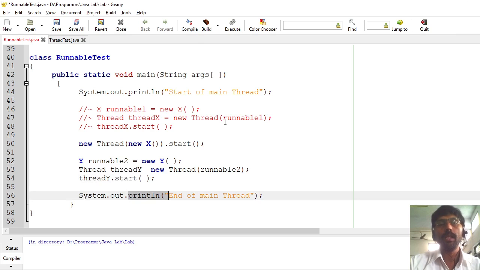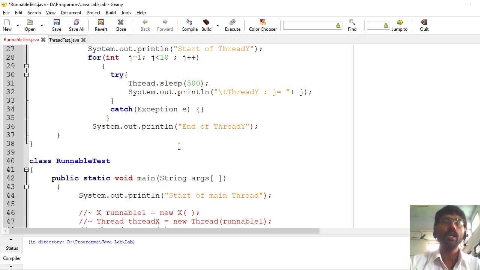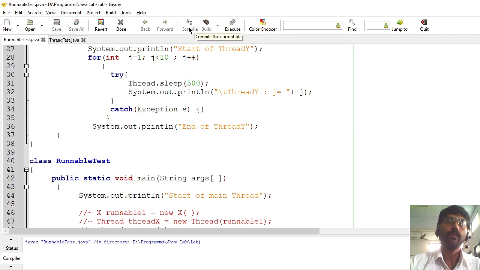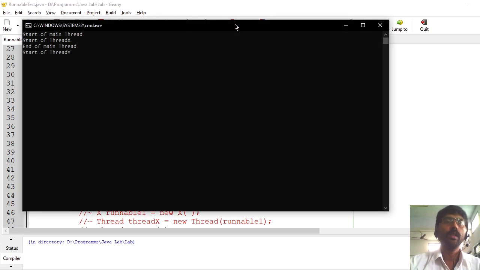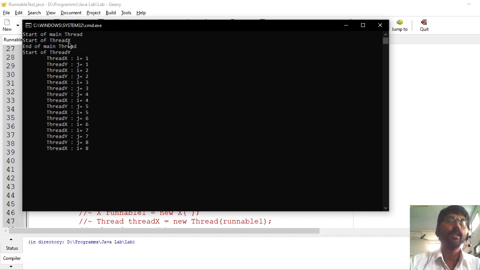Now I will compile the program and show you how the threads will be executed in parallel. So compile it first, then build, then execute. Now see, the main thread is started here, then thread X started here, and the main thread ended here.